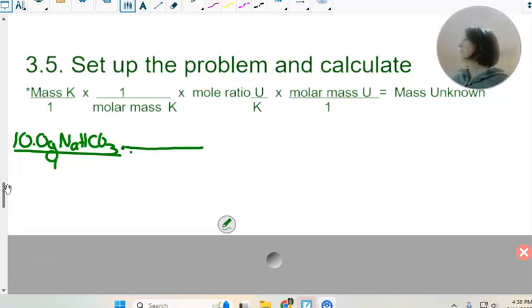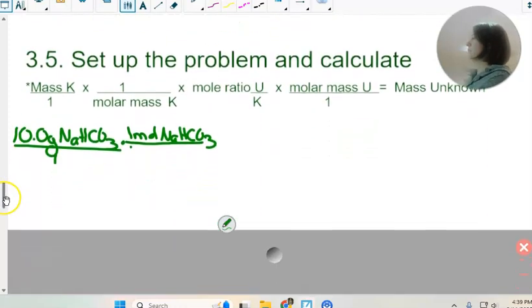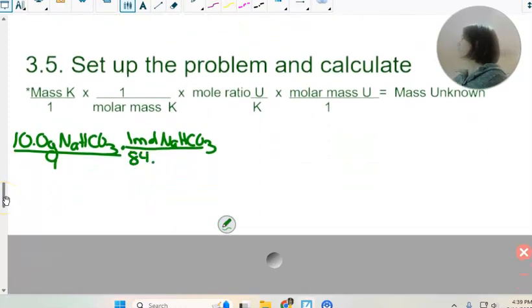So we're going to have, we want grams to be on the bottom, so 1 mole sodium carbonate on the top, and then our molar mass, which is 84.01 grams. And then that is sodium bicarbonate